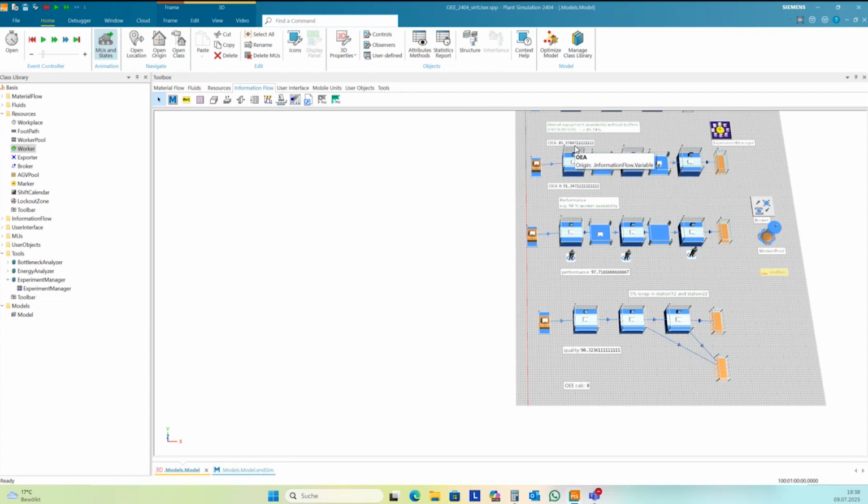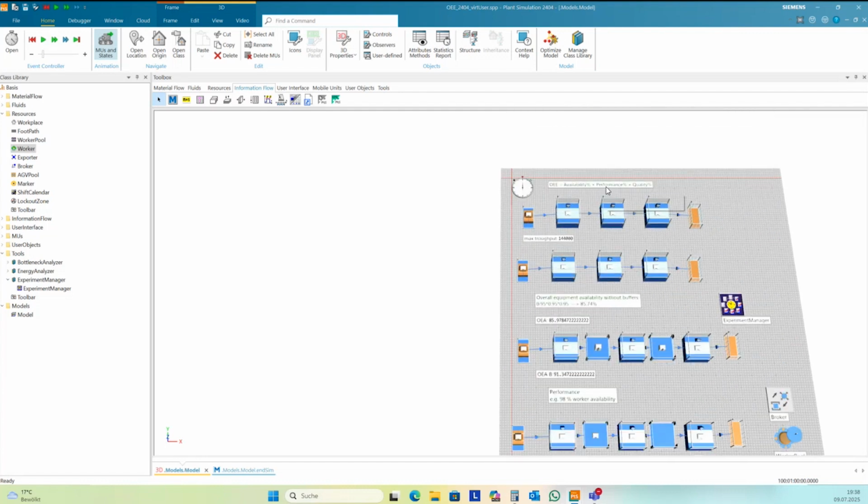And I need to multiply OEE B and performance and quality, like in the equation at the start here.